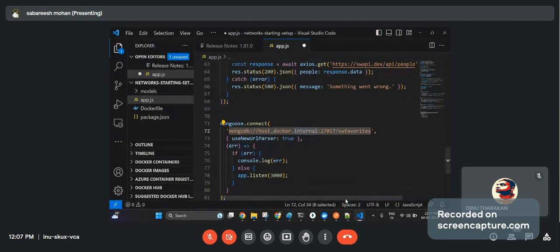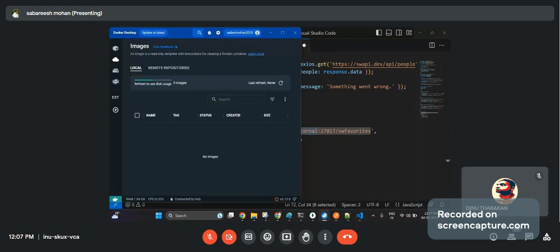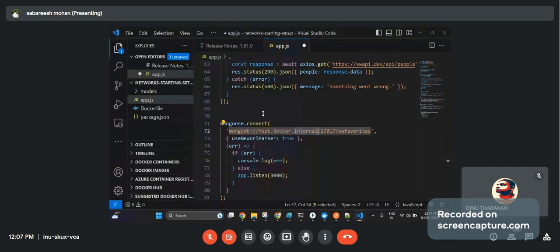But this is only supported locally, where Docker Desktop is there. This will not work on EC2 instances or ECS, because you don't have Docker Desktop. How we do that is what we are going to see in the next step.